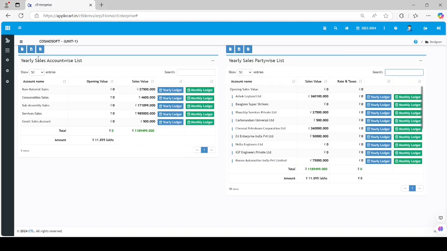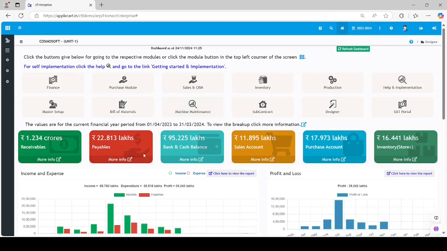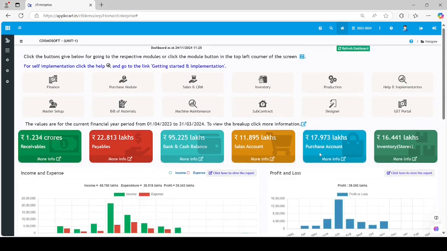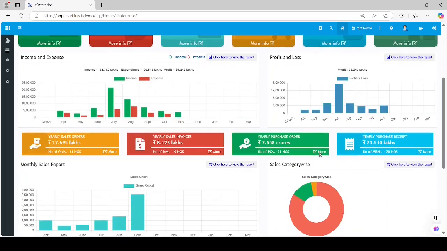To better understand its functionality, let's explore the dashboard. Once the dashboard is opened, it displays key modules, providing a summary of management information and graphical presentations. Each management summary or graphical report can be drilled down to reveal detailed levels of information. This feature enables top management to quickly grasp the enterprise's financial position at a glance.